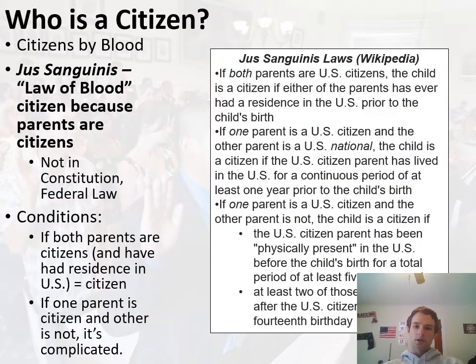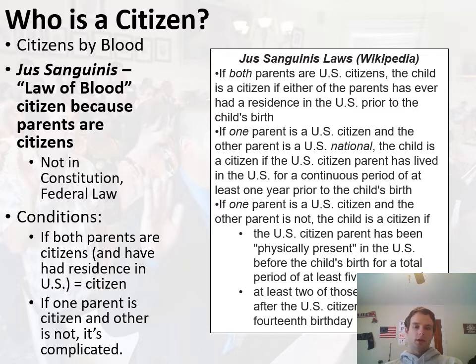You can also be, oh, and I'm going to pull myself away again. You can also be a citizen by blood, which is called jus sanguinis, which means the law of the blood. So you don't necessarily have to be born in this country because obviously, let's say your parents are on vacation, they are both American citizens and you were born. Do you suddenly lose citizenship? Of course not. This isn't technically in the Constitution, but this is something that was passed down as the law of the land